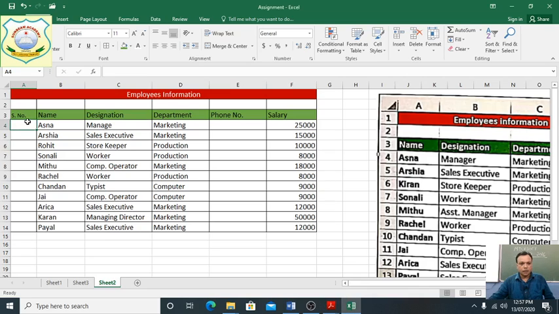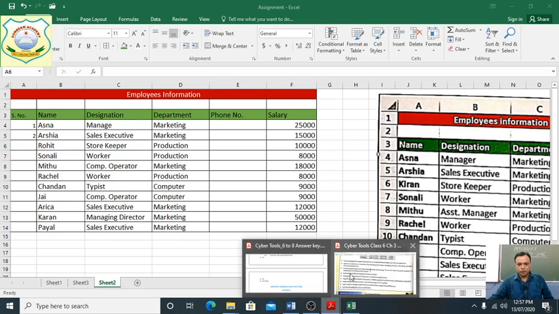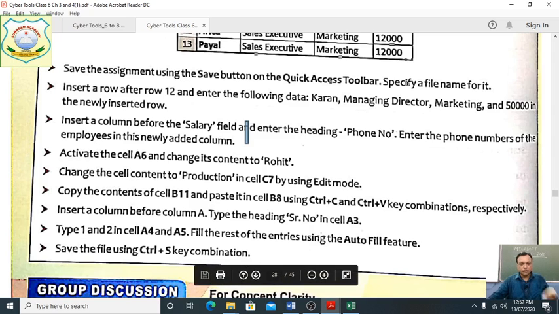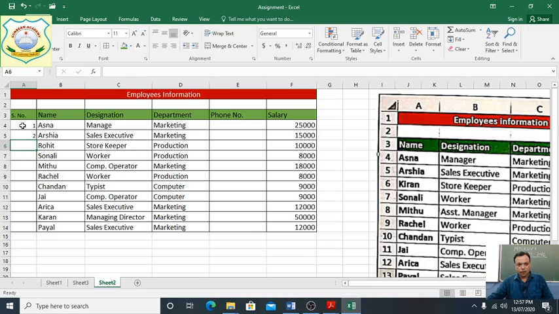Here we will write in cell A4, 1, next one is 2. Okay, we have written. Fill the rest of the entries using the autofill feature. Students, the autofill feature we know, just select on it. Okay,